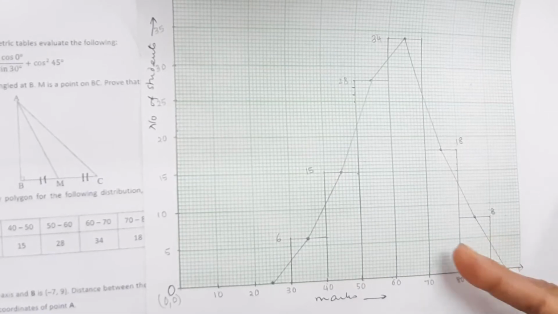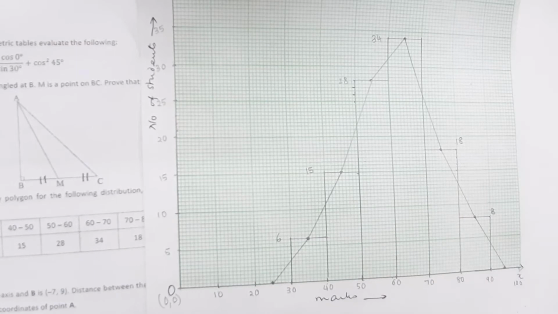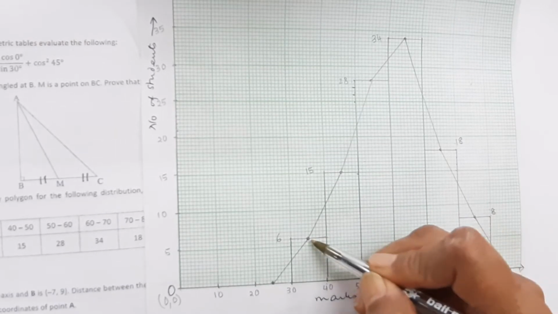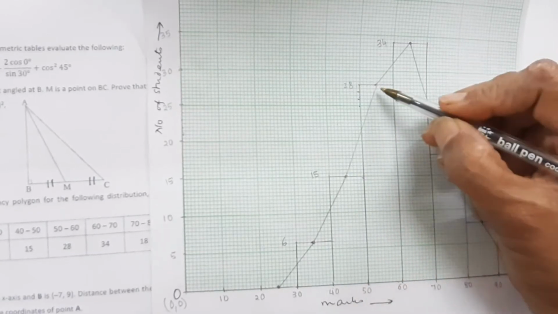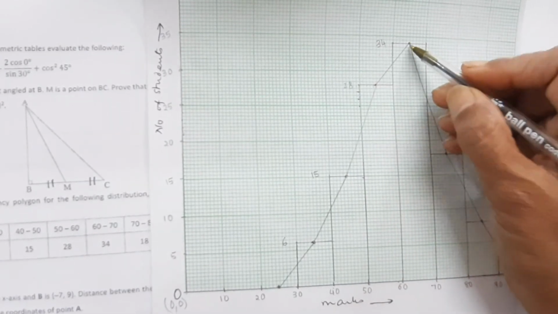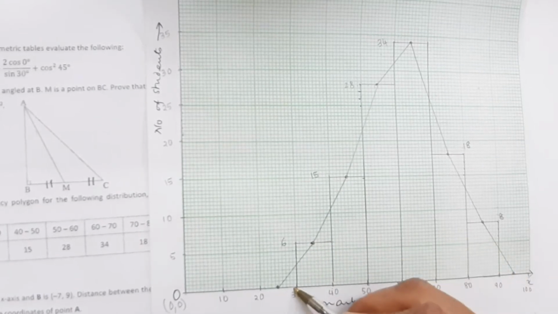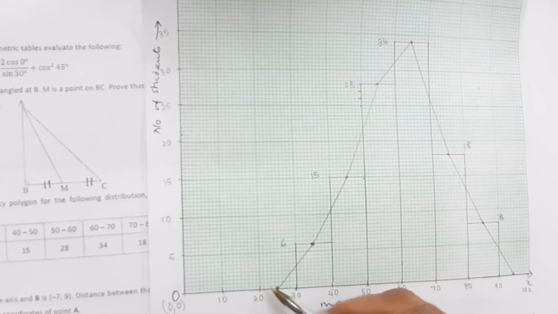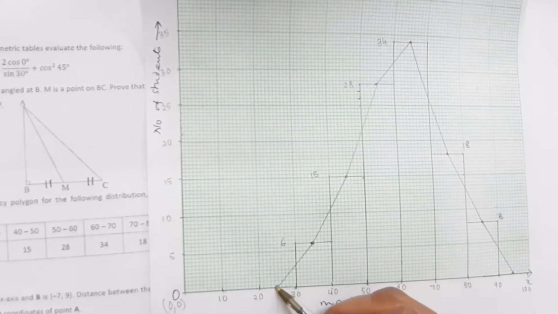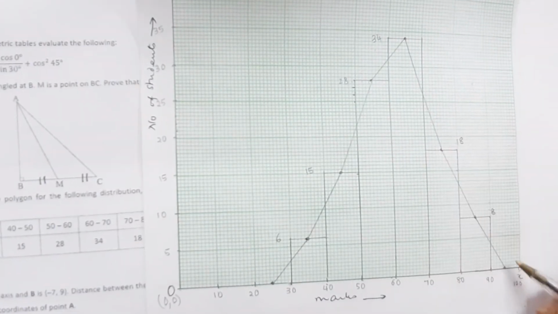Now this is actually the histogram that we have drawn if we make the blocks like so, the rectangles. The frequency polygon says that you take the midpoint of the class interval. So you take the 5th division and mark it as a dot. For the first one, 30 to 40, the earlier class interval would be 20 to 30. So you mark the 5th division. All the midpoints of these are marked.